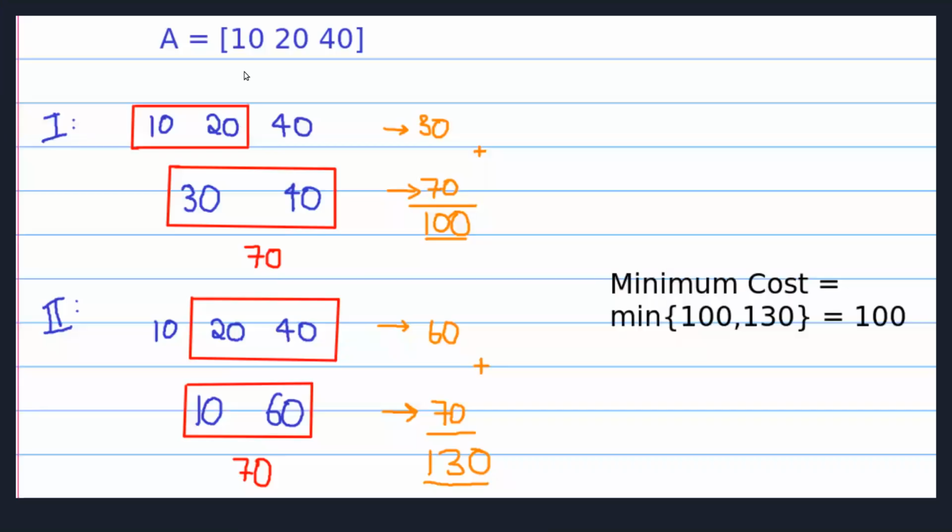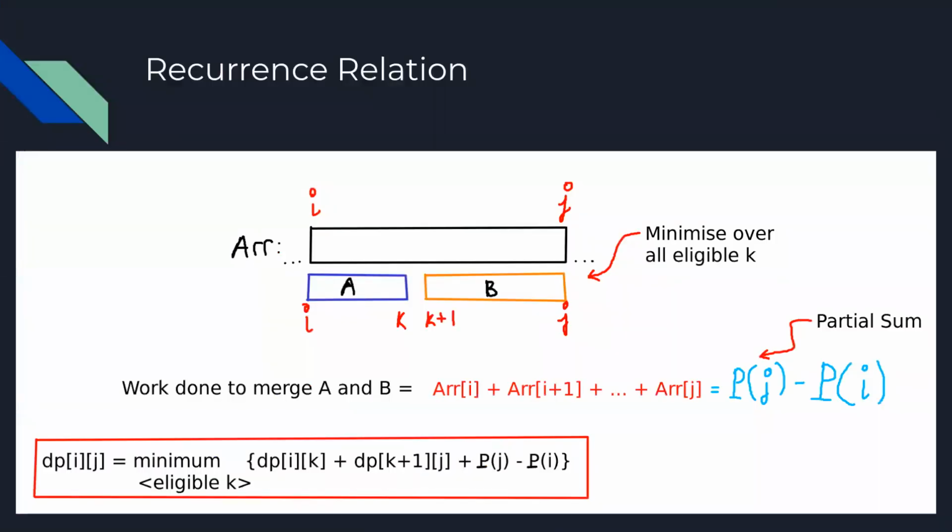As an example, if it's 10, 20, 40, you can either merge the first two or the last two. Of course, this is quite a small example, so you won't see the effect of n factorial. But if n is let's say even 50 or 100, it will be astronomically long, so we have to do better. So that gives us dynamic programming.